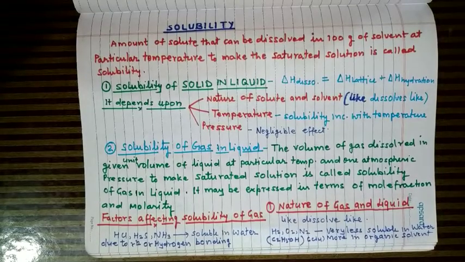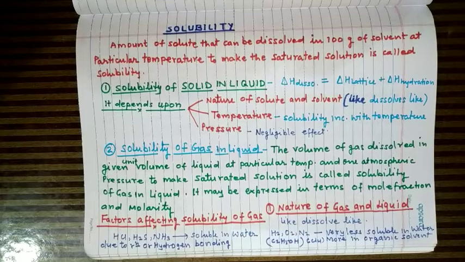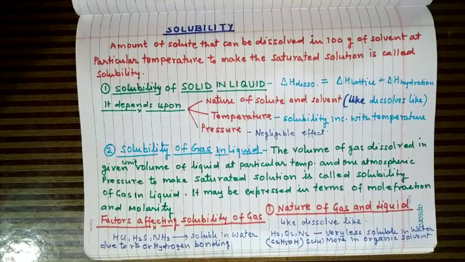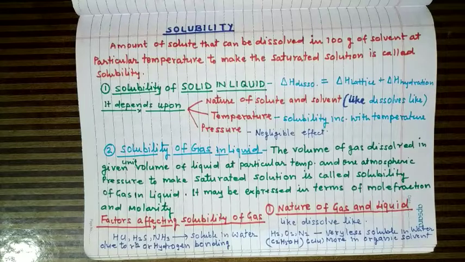Today we will learn about solubility. Solubility means the amount of solute that can be dissolved in 100 gram of solvent at a particular temperature to make the saturated solution. If we take 100 gram of any solvent, say water, and keep on adding the solute